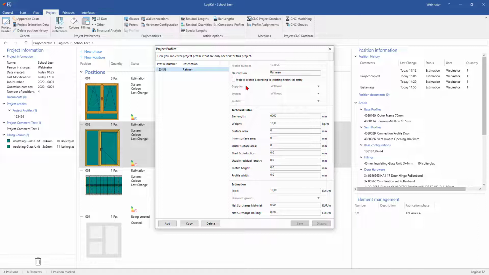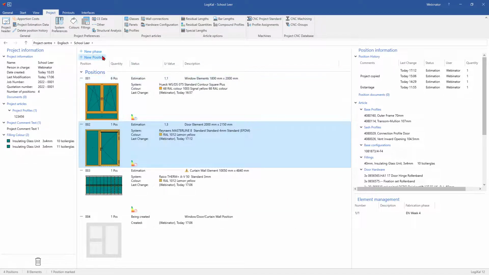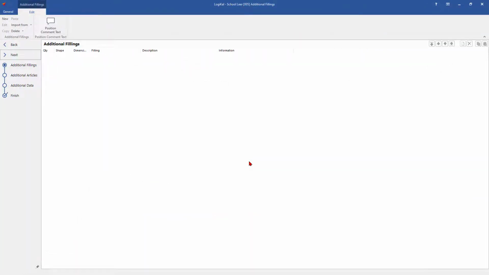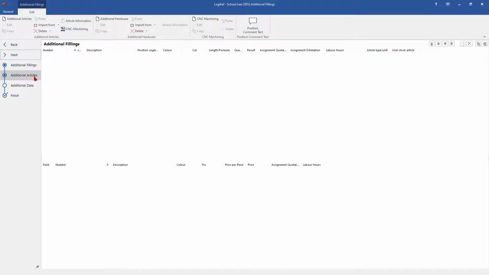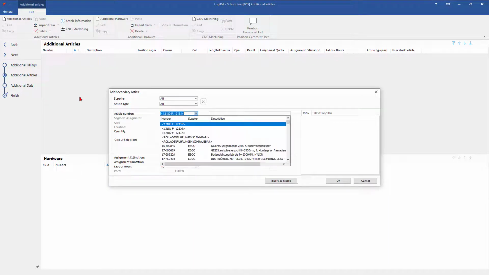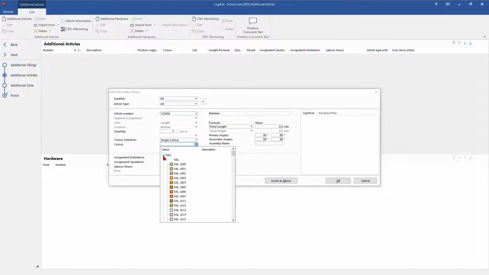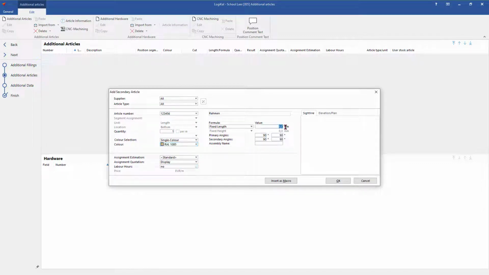After that, we only have to create now a material position. You know how you can do that? And there we go directly here into the additional articles. And there we can add here our project profile. With the color we want to use, we can add here the length we want to have, and